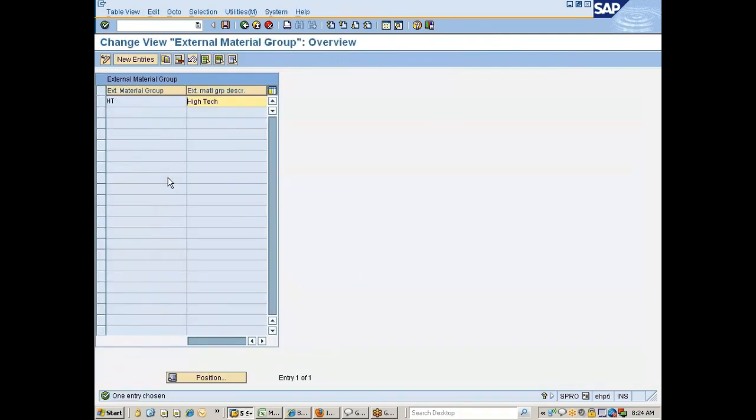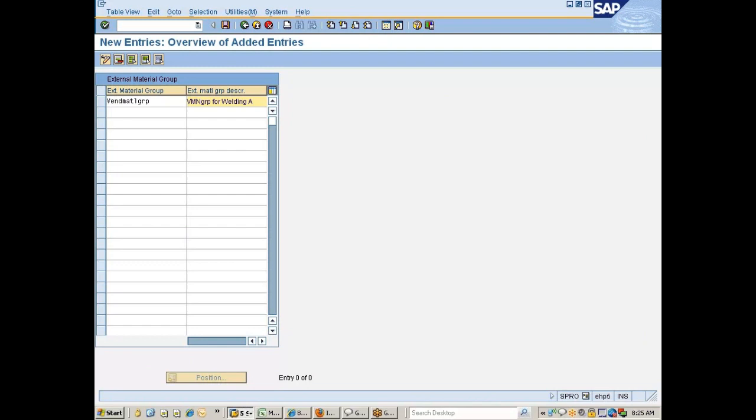Of course, this needs to be given by the vendor himself. So you can make it here, vendor material group, something like this. VM group for welding accessories. Something like this. You save it. This is not a commonly used functionality, so therefore you could see there are not many